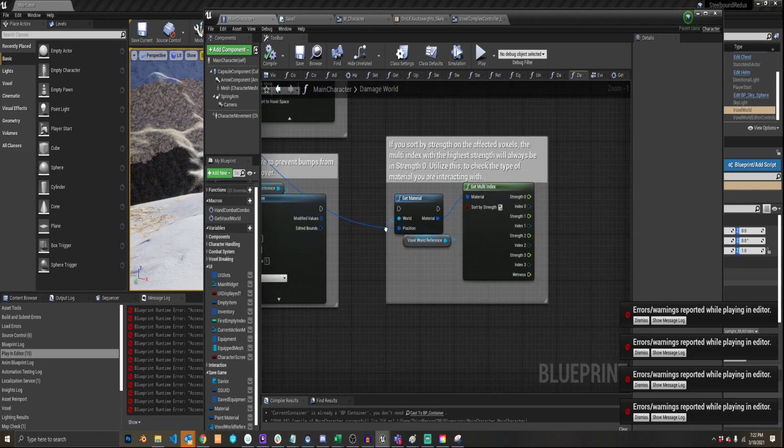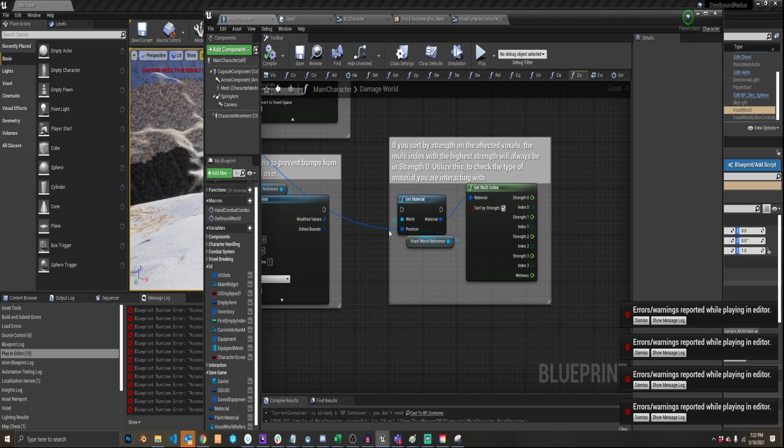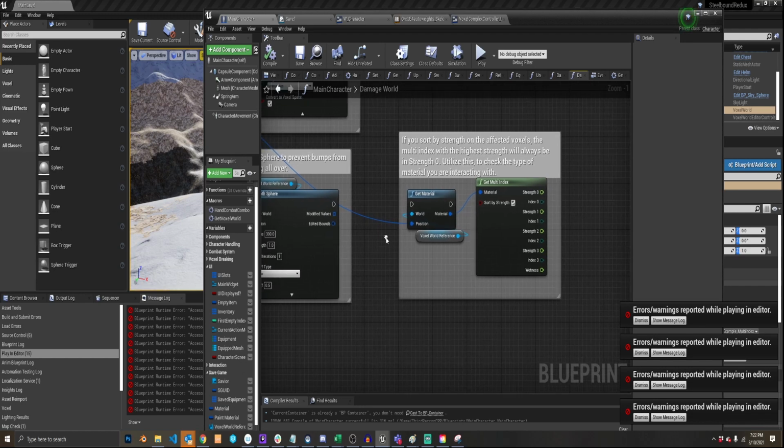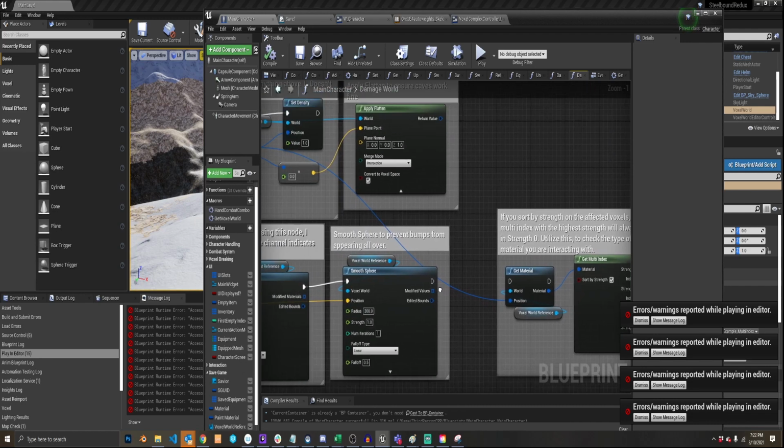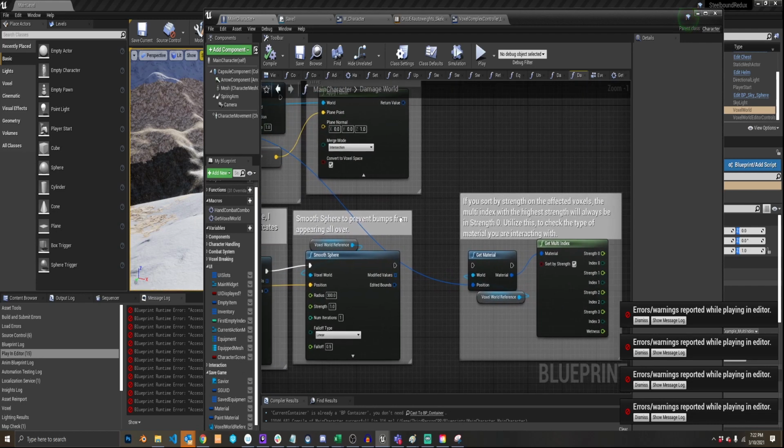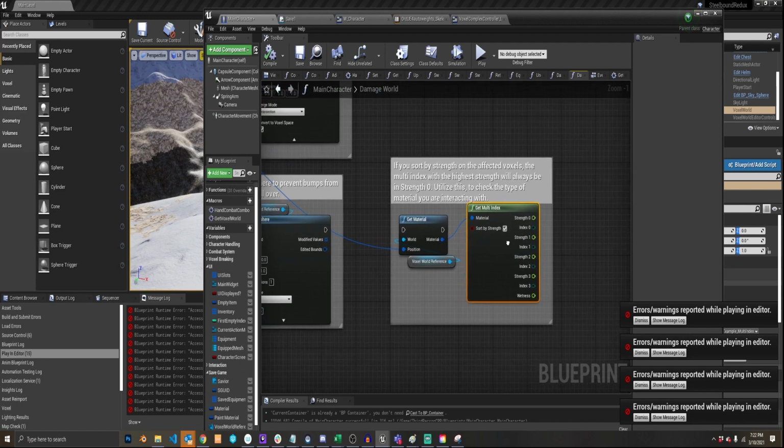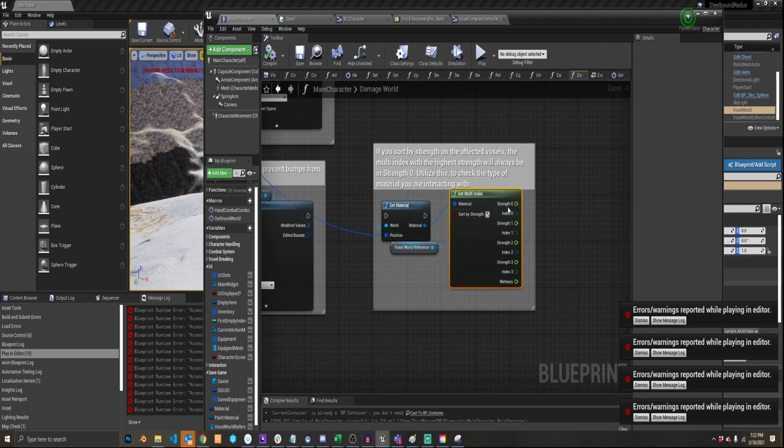Now, if you were to need to do some sort of conditional hits, like to check if you're hitting a rock type material or something or other, you can then do a get material on the voxel position, and you can do a get multi-index. Now, what I recommend with this get multi-index is you can sort by strength. By checking that, it ensures that the strength 0 is always going to be the material that you're hitting with the highest strength. So, for example, if you had rock overlapping with mud, if the rock was more prominent, strength 0 would be the rock